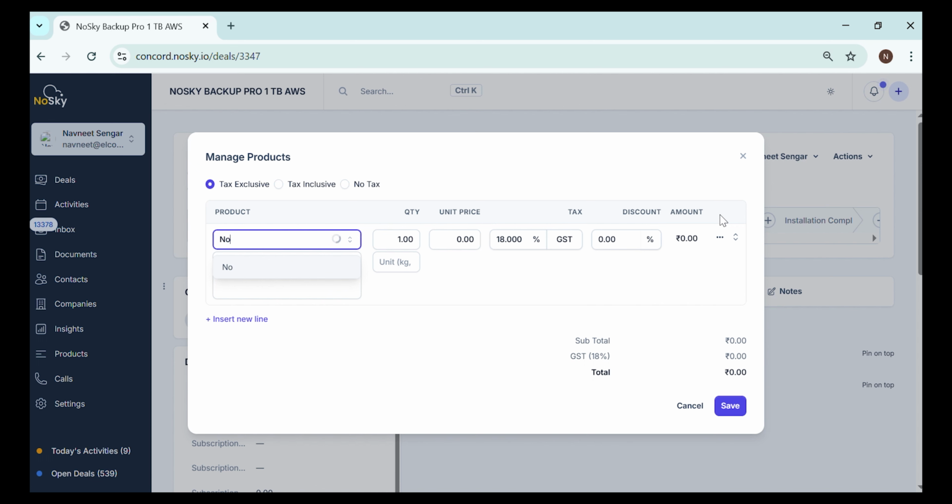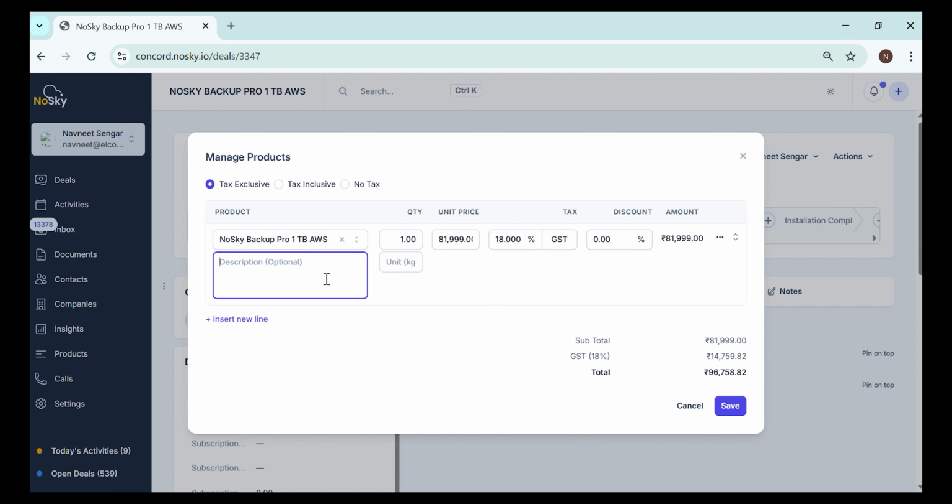Right now we are creating a deal related to No Sky Backup Pro 1 TB AWS. As you can see, we just need to put the name and already a pre-designed product is available over here. We can click on that certain product and the product is selected. We can add the description as well, like